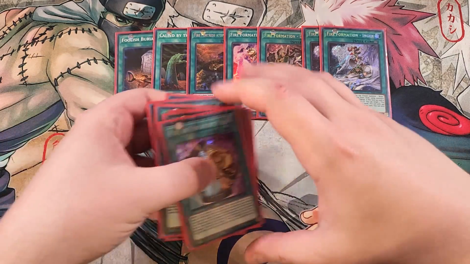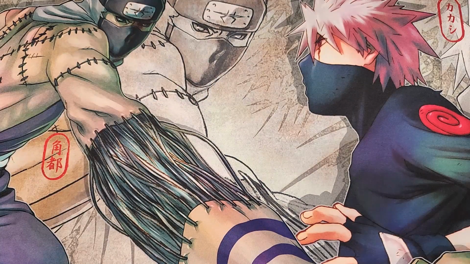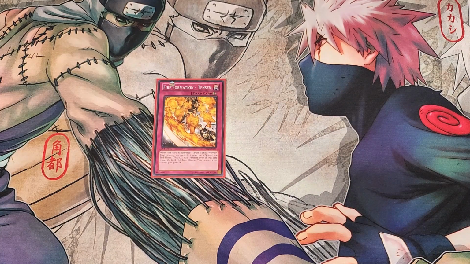Let's get into the traps. So for the traps, we're going to start off with a single copy of Pinson. Pinson is really good as a 1-of in the deck, because this card has the ability, when this card is